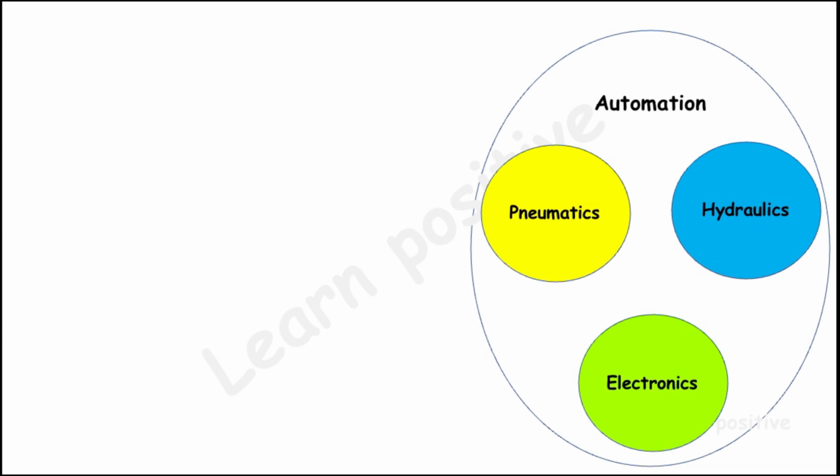We are using many robots in our daily life, and we are seeing them in our car power steering. It is also like a robot. In our daily life we are seeing JCBs and cranes. They are all working with the hydraulic system. They are also robots. The systems which reduce the manpower are called robots. And now see, the subject industrial automation is built with these three systems to make automation.